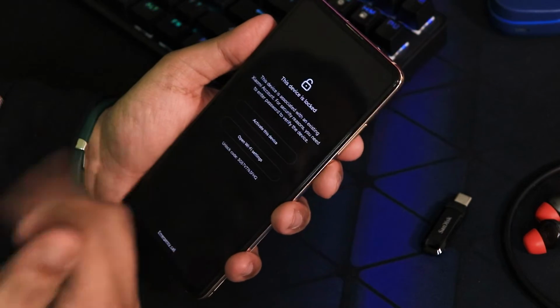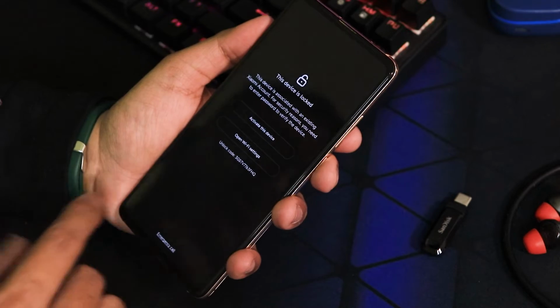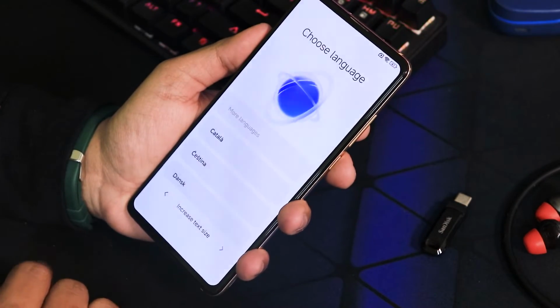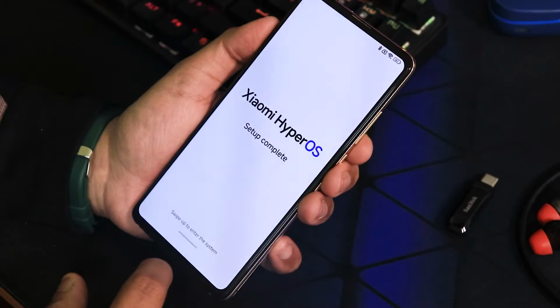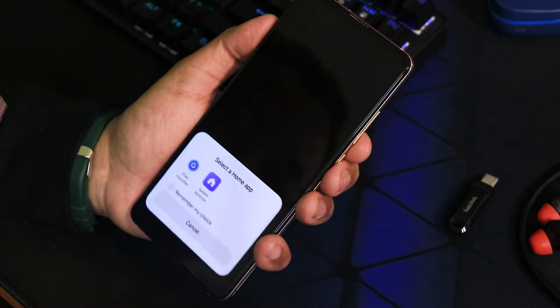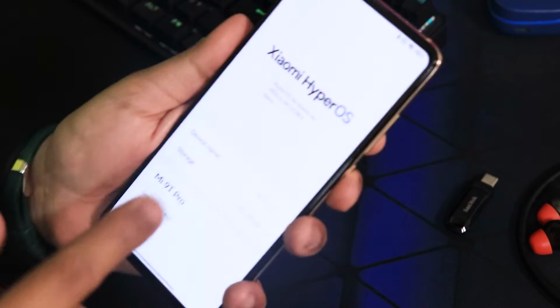So here it shows to unlock the device, because I have the Mi Unlock enabled. So I'm gonna just do that, connecting to Wi-Fi and stuff like that. So let's hit next, and here I have to select the language. So I'm gonna just do the normal setup. Right now I'm gonna just swipe up, and we have the My Device section, and in here it shows Xiaomi HyperOS, and it actually shows on the